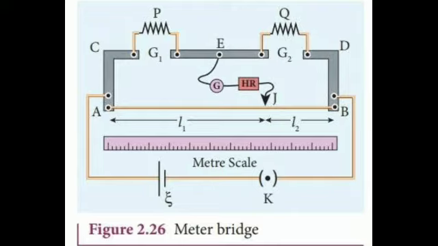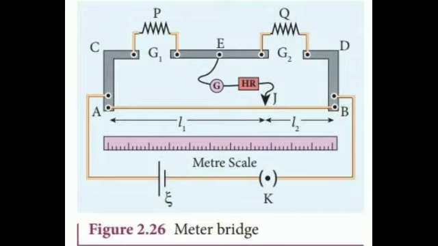Between these two copper strips, another copper strip E is mounted, enclosing two gaps G1 and G2. An unknown resistance P is connected in G1 and the standard resistance Q is connected in G2. A jockey is connected to the terminal E on the central copper strip through a galvanometer G and a high resistance. The exact position of the jockey on the wire can be read on the scale. Jockey means a touching wire, like a key.